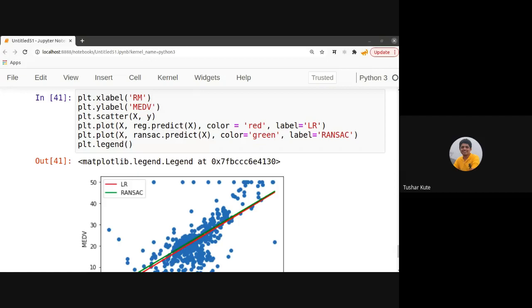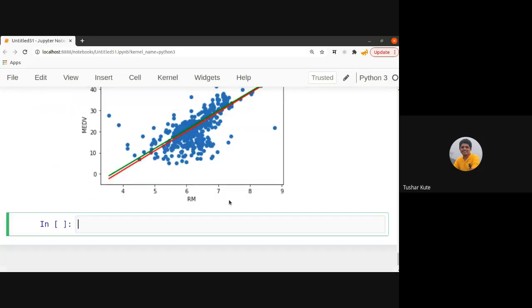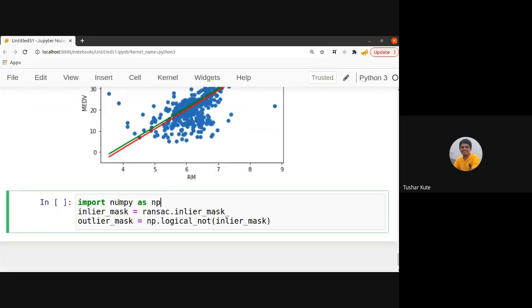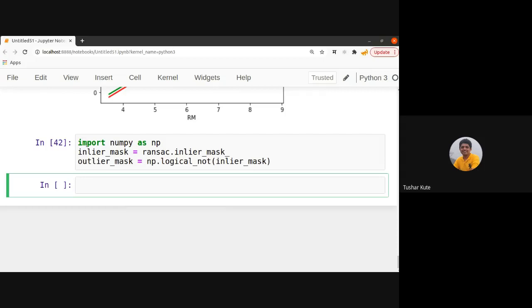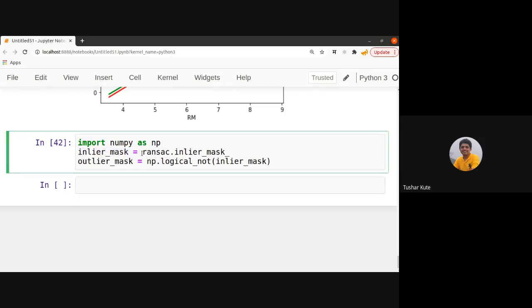Now, basically for ransack regression, I can remove the outliers which are present there. So there is a concept called inlier mask. I'm importing NumPy and then inlier mask, ransack dot inlier_mask, means the elements which are inliers, which are not outliers, not away from the crowd, that we can extract using the inlier mask variable here.